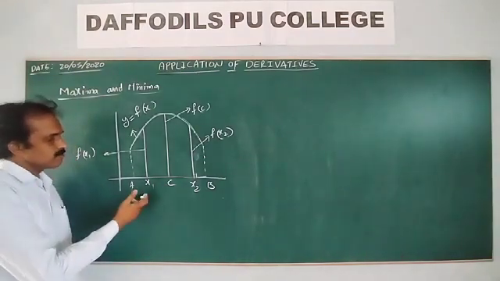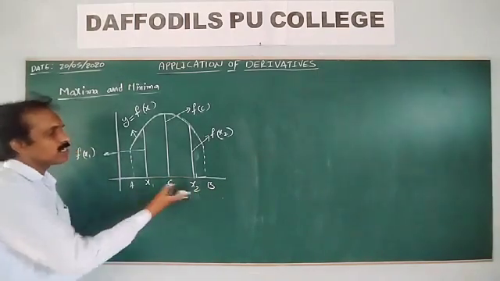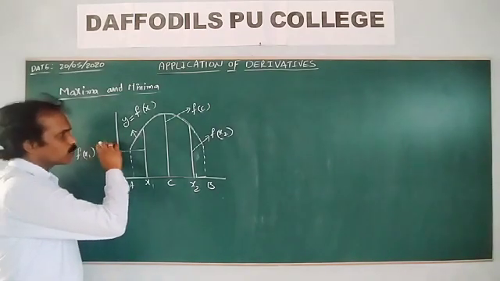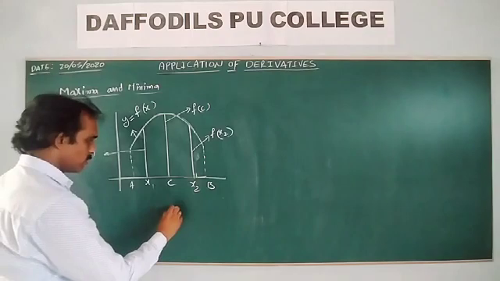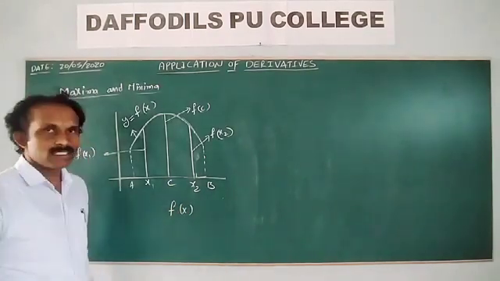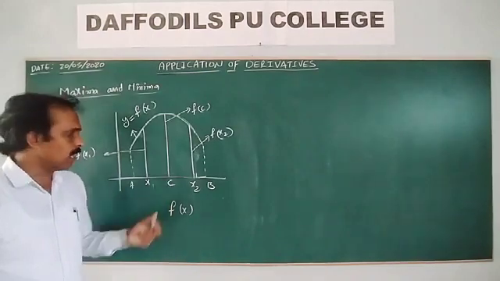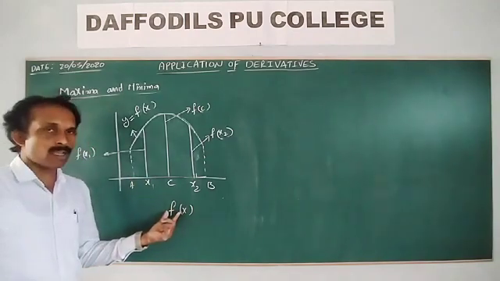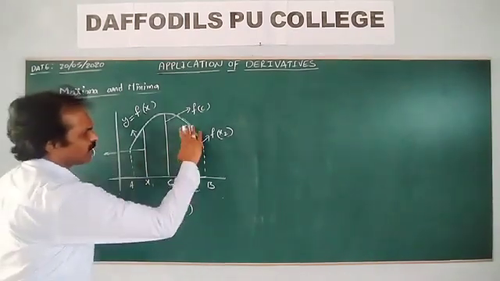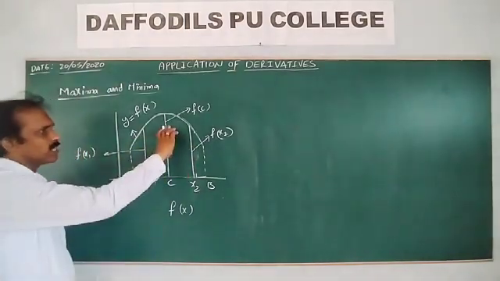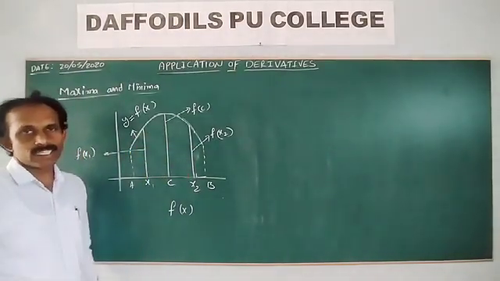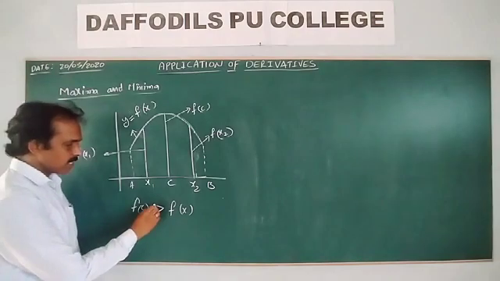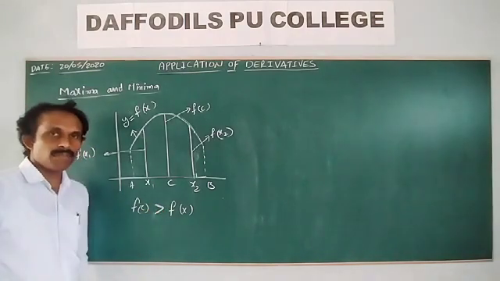Let's see the points between this x1 and x2, in this interval. Compare with f of x1 or f of x2 or any one. f is a function on the interval I, and let's see any point in the interval I on the curve y is equal to f of x. What do you observe? Compared to the f of x2 or f of x1 value, is it lesser or greater? f of c is greater, that implies f of c is greater than f of x.